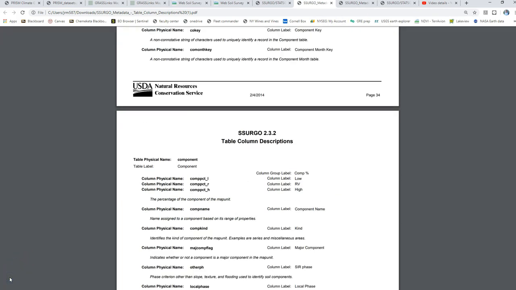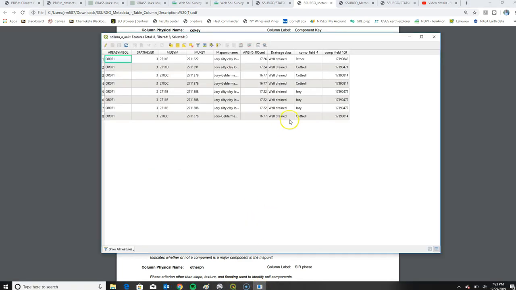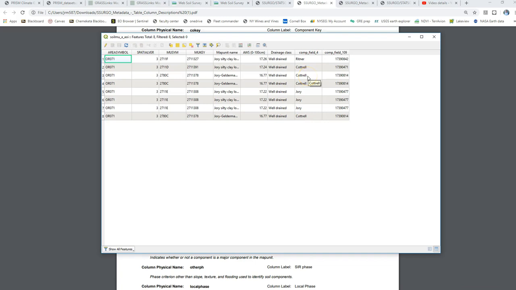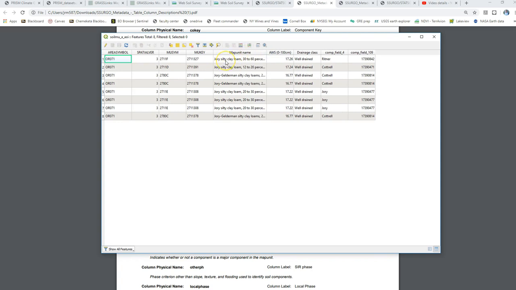So this is showing components. Field number 4 is component name. It says name assigned to a component based on its range of properties. If we pull it up, this doesn't quite make sense because the map unit name here is Jory, and then over here the component name is Rittner. So I don't fully understand what that's